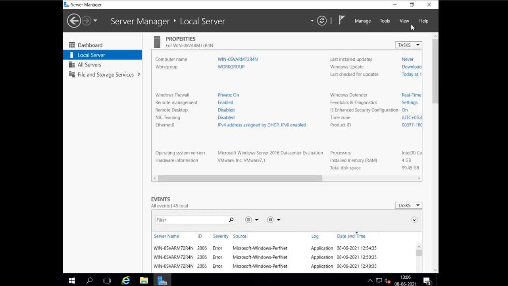Now first, whenever we install Windows Server 2016, the first thing we should do is to change the server name. This is the first job we should do after installation. Now why should we change the server name? Because this is a randomly generated name, and it will be very difficult to remember this server with this name. So we should make sure the name is easy to remember. So I will click on this and change, and here I will make sure the name will be easy for me to remember.